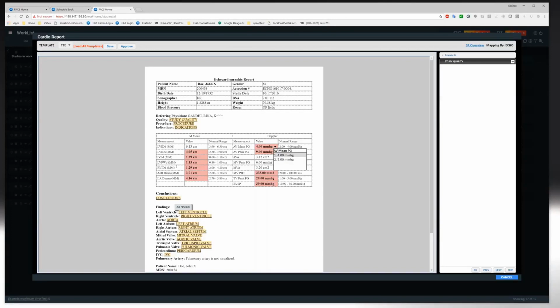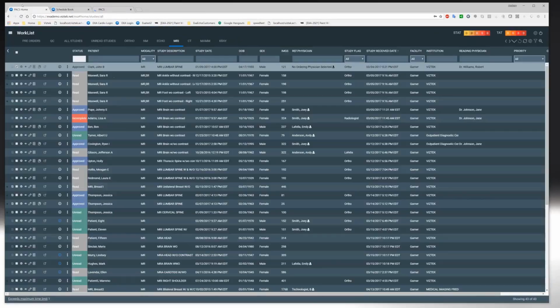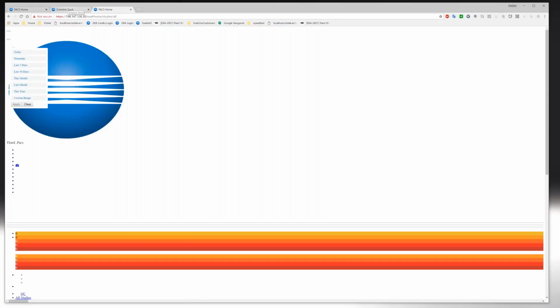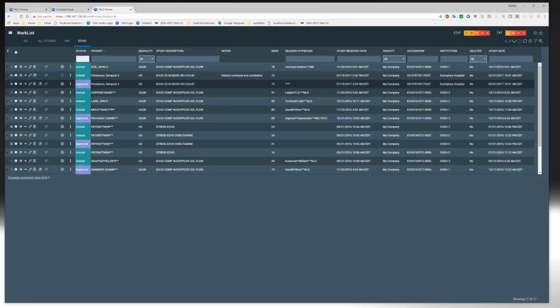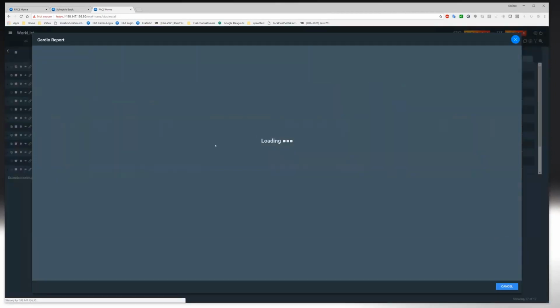So if you have complicated procedures with measurements that you want pre-populated with the data from an ultrasound machine, for example, we can do that very quickly and easily. And that's, once again, user customizable. So that would be the basic workflow, where we've got the images, the data, and reporting all available from a very simple user interface. And that structured reporting, while I'm showing you here an echo report,